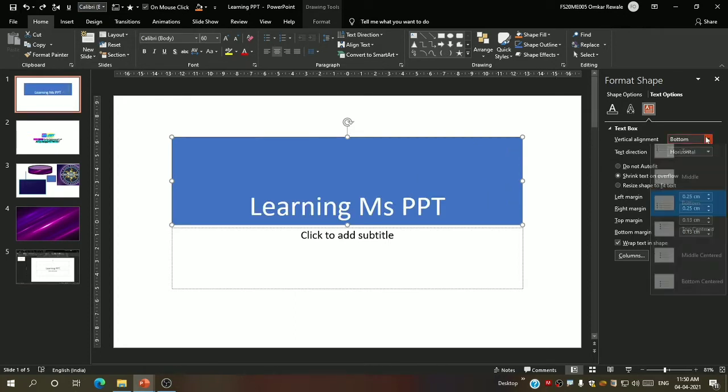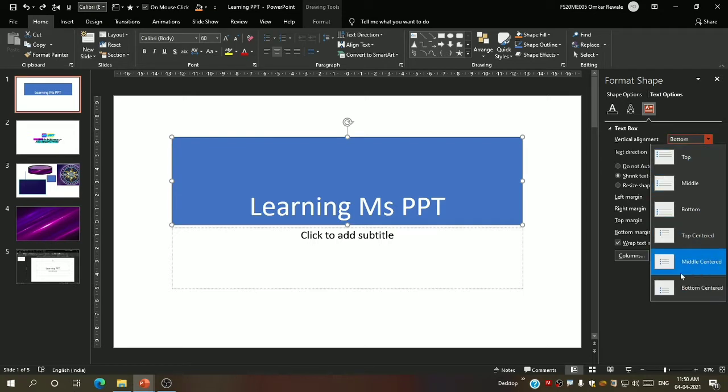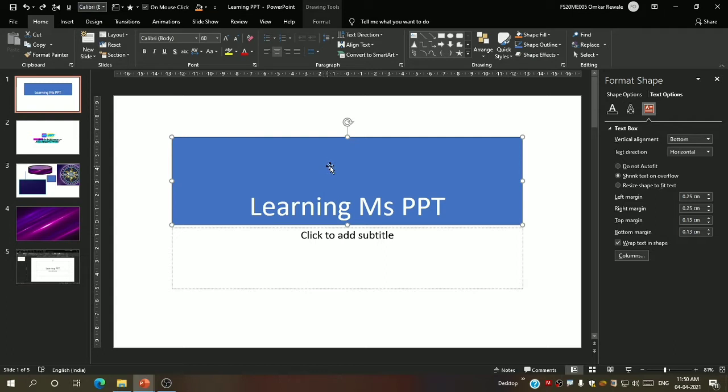Now this is important. For example, you are not getting something you want from here, that is, you only have to leave some space above or below. Then what will you do? You can see left margin, right margin, top margin, bottom margin. Basically, you can customize all this. Now, for example, I have to leave some space, only some space from the bottom. So I will search for the left, right, top, bottom margin. I will click on the up arrow and change it, or else I can also make it 0 centimeter. You can customize its position.